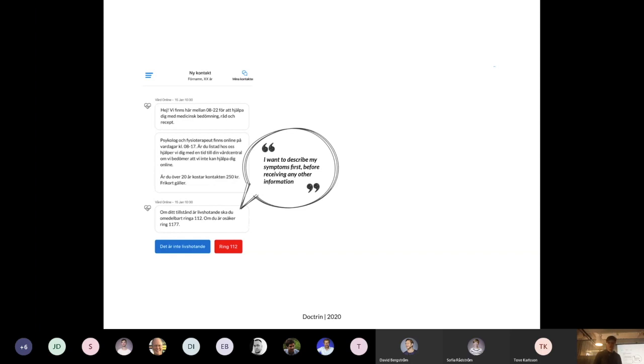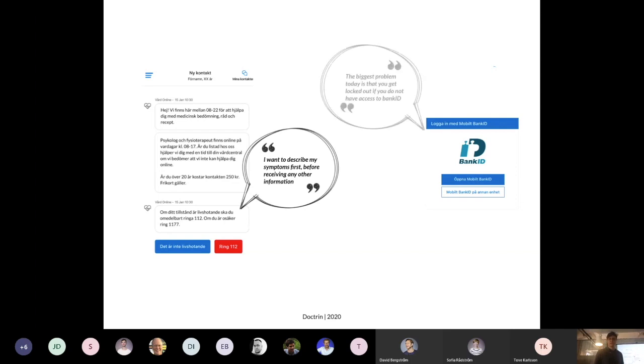They just wanted to describe the symptoms before having to accept anything or receive any other information. As well, this information was very long and hard to understand. So they just wanted to use it and try it and see how it works.